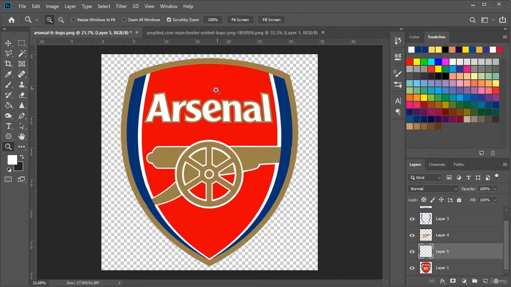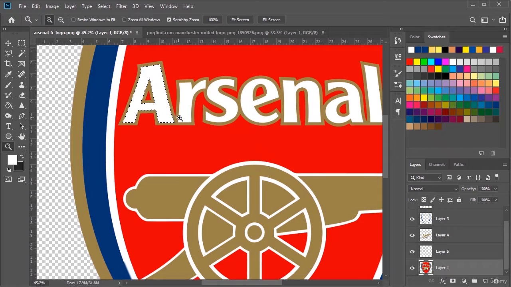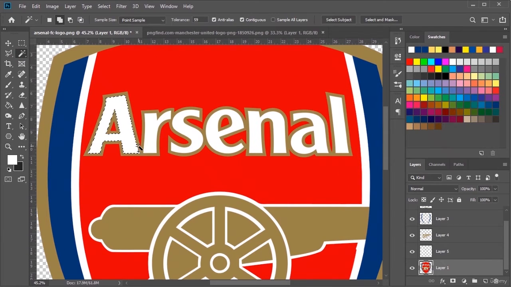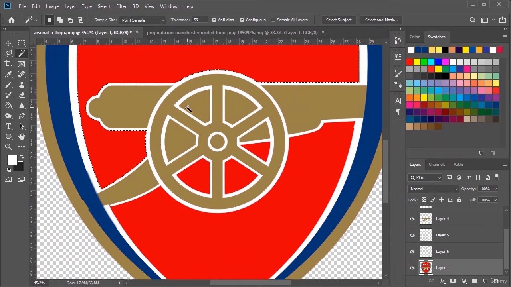Now, what is left is Arsenal and this red color on the back. Select the Arsenal text using the magic wand tool. We hold down the Shift, select part by part of the text and copy it and paste it in the new layer. And we also see redness on the back. Hold down the Shift, select and copy it,